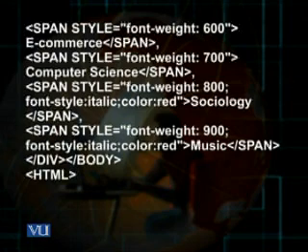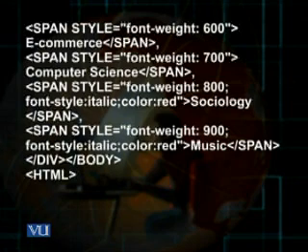Then in the next span tag, the words contained are computer science and they are shown according to the font weight value 700. You can notice in the next two span tags, I have used the font style italic and color red, and in the first such span tag, I have used the font weight 800 and I have written the word sociology.